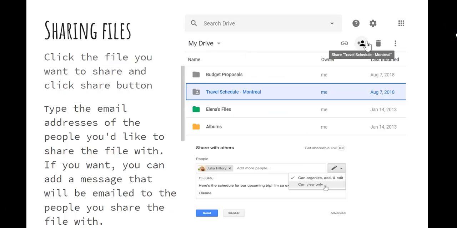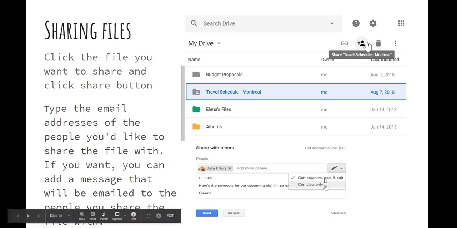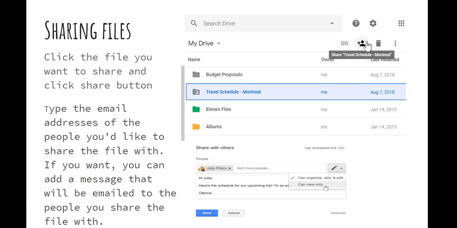With sharing files, this little person with the plus beside it is how you would share it. So say you wanted to share it with someone, you click the plus. You can determine what the person does, whether they can organize, add and edit, or only view. So you can put that there also. You put their email in, and then all you have to do is click send, and it will share that